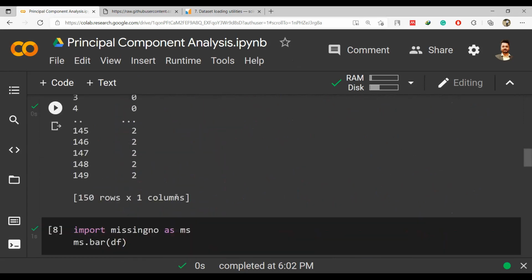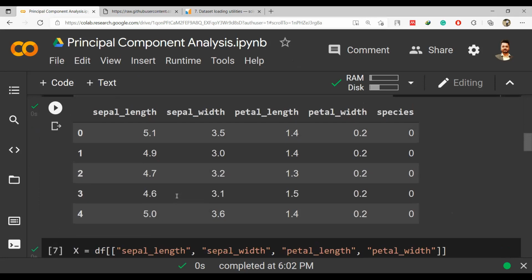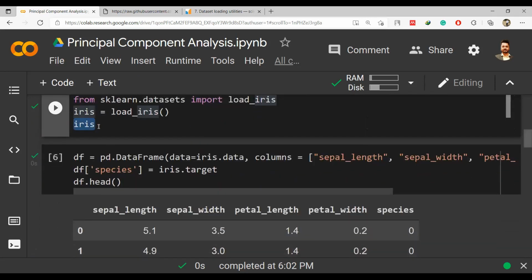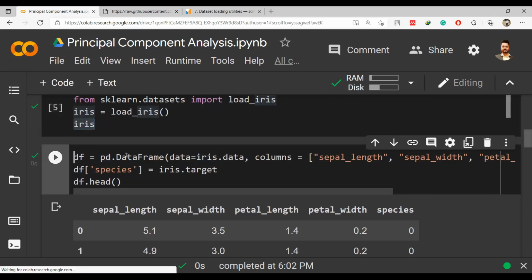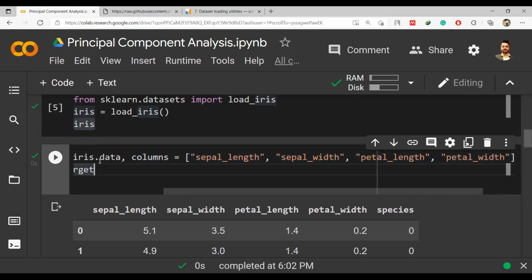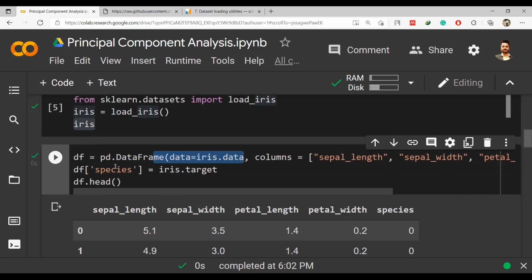1 second, I will clear this up. You can see here now, the load_iris function, when it has been loaded into this iris keyword, will be used whenever we want to get the values from this point. And df equal to pd.DataFrame. So here we are defining a data frame, df, in which we are saying that data is iris.data, columns are these column names, and this is the data. So the basic data frame has been defined.